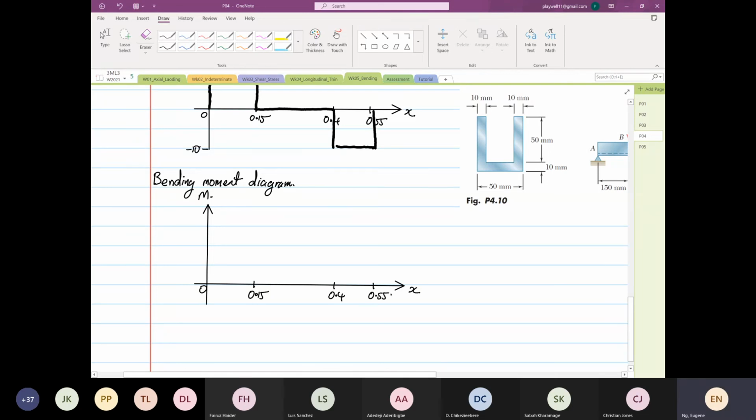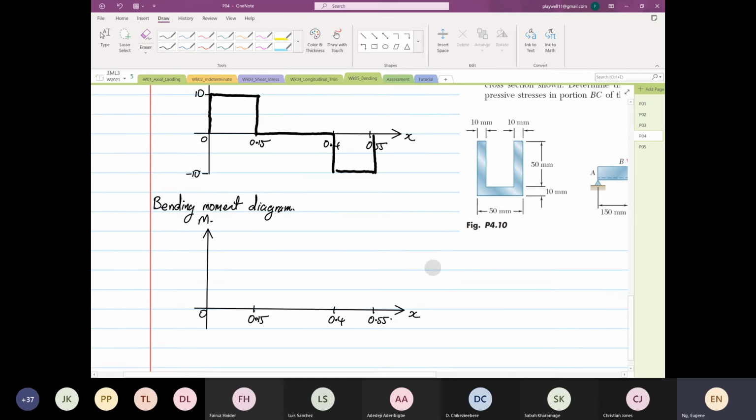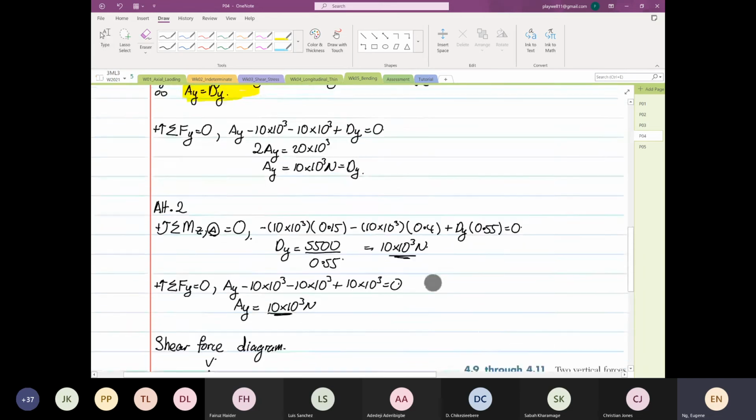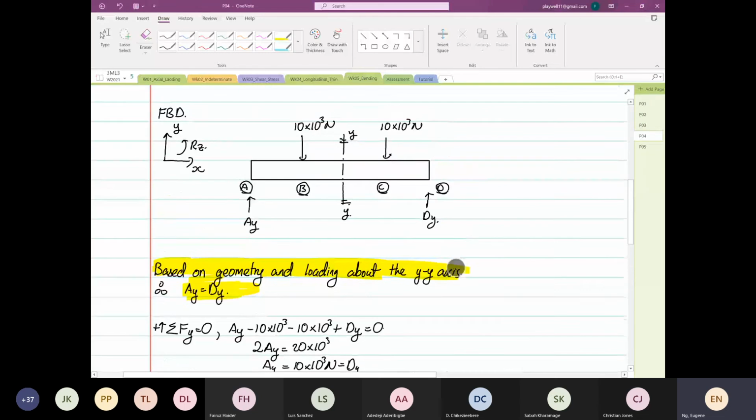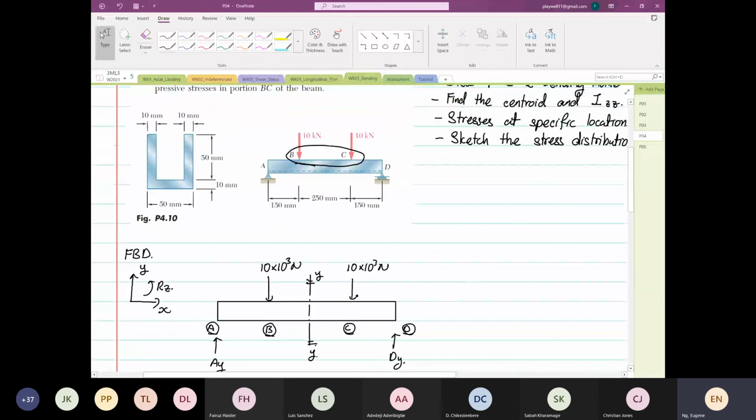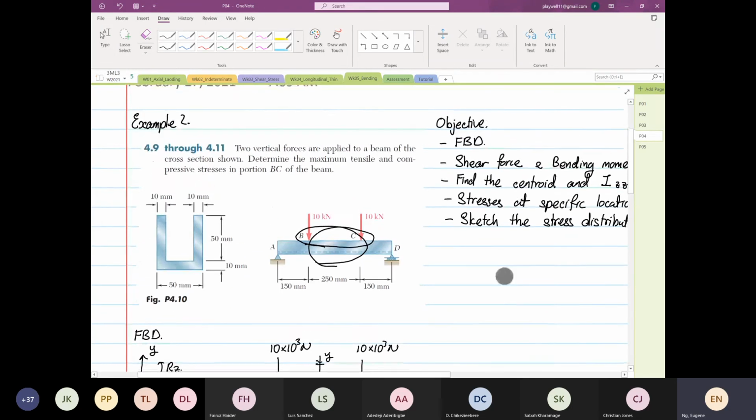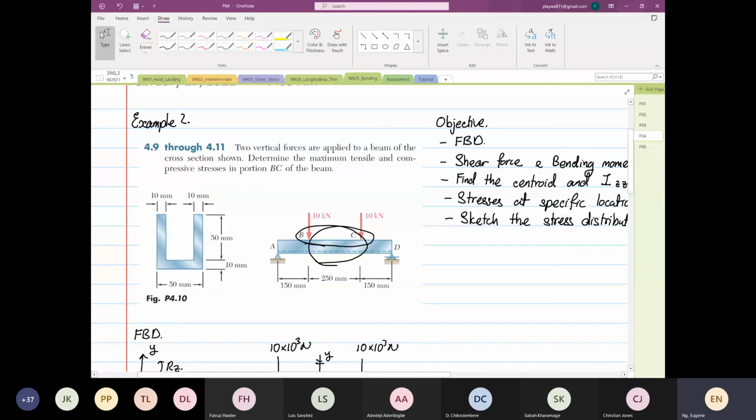Okay, so now if we look at the structure, where will this structure fail, right? The structure will fail somewhere between point B and point C. And they did not tell us that; the question just says, calculate, determine